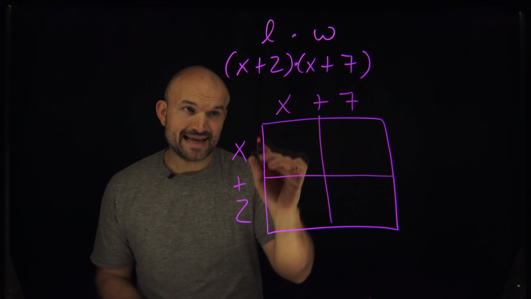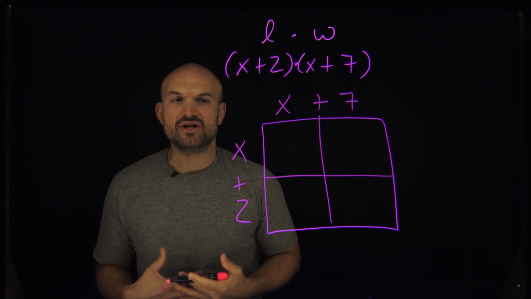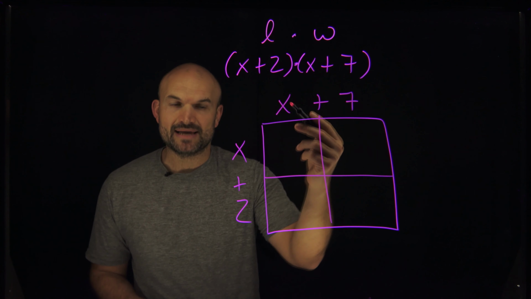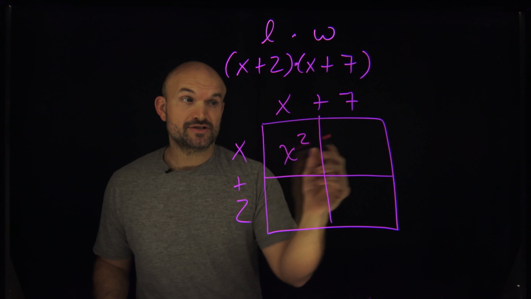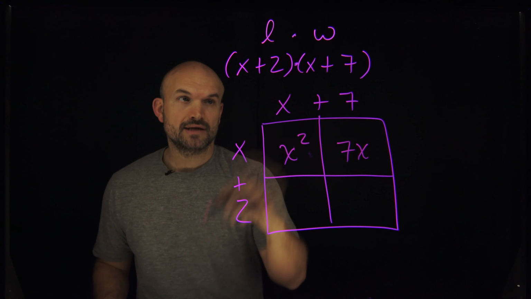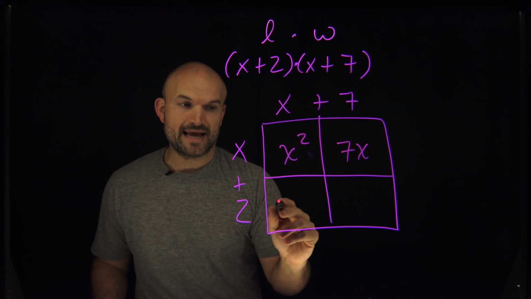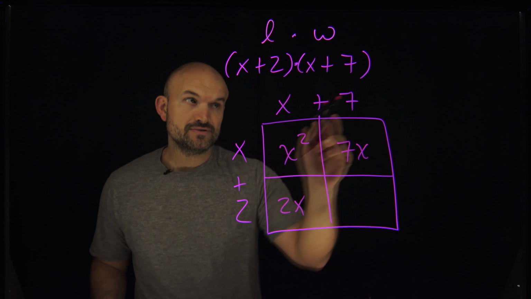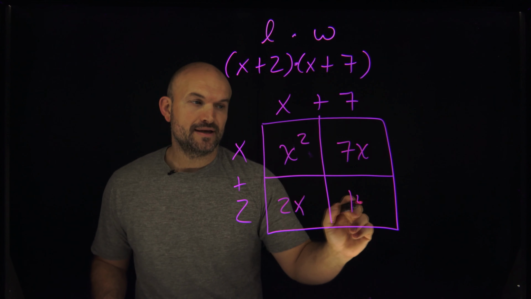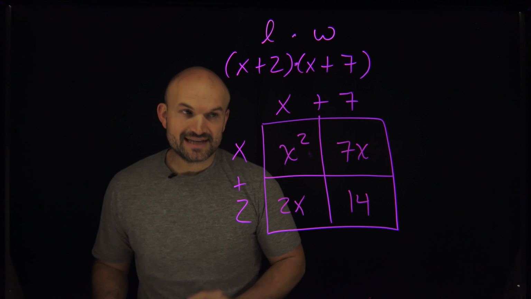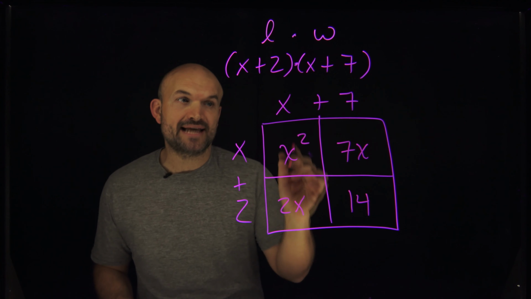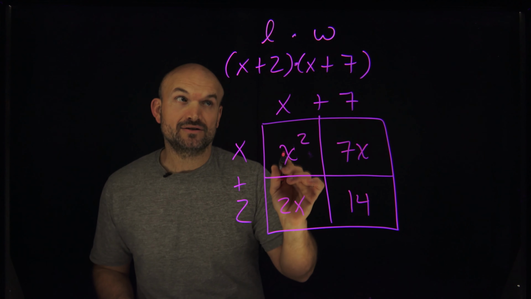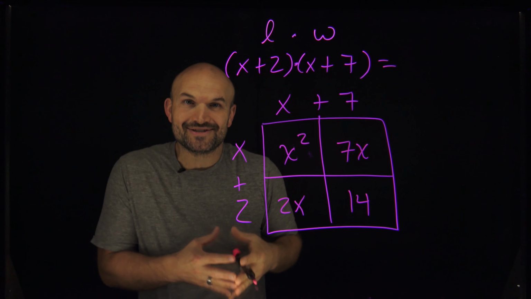Now remember, when I want to find the area of a box, I'm simply just going to multiply my length times my width. So x times x is going to give me x squared. x times 7 is going to give me 7x. x times 2 is going to give me 2x, and 2 times 7 is going to give me 14. Now you can see that the area of each of these rectangles all add up to give me the area of my larger rectangle, which is going to be the product,